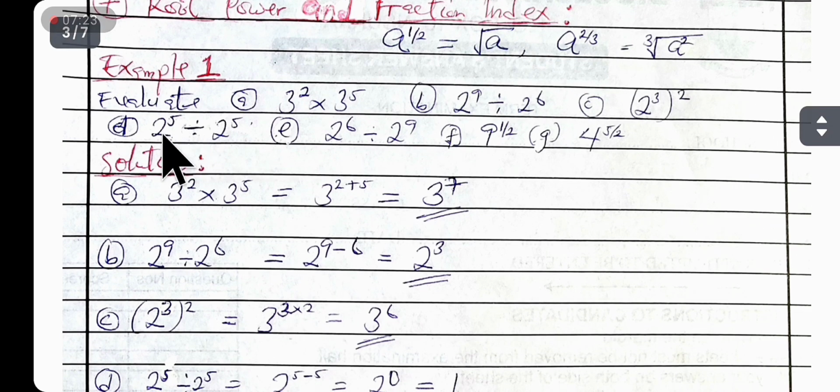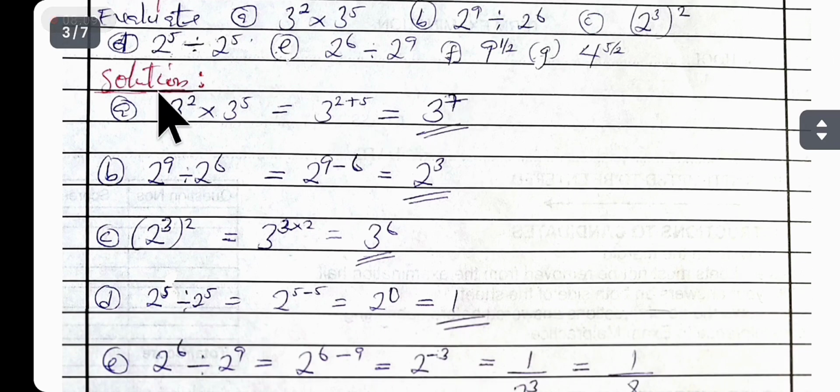We have example 1. Evaluate. Example 1 says evaluate A, 3 raised to power 2 times 3 raised to power 5. By looking at this, which law do you think will go for us? B is 2 raised to power 9 divided by 2 raised to power 6. We also have C, 2 raised to power 3, all in bracket, raised to power 2. D, 2 raised to power 5 divided by 2 raised to power 5. Then E, 2 raised to power 6 divided by 2 raised to power 9. And then F, 9 raised to power half. And then G, 4 raised to power